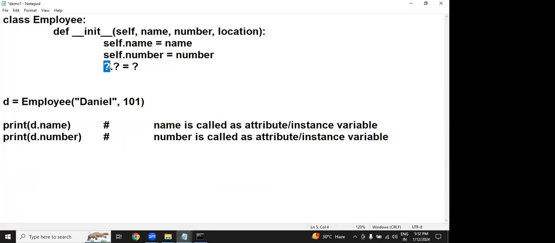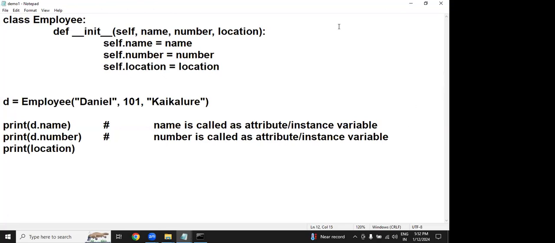Let's move on. First one is self. Next one is location. This one is nothing but a location. Perfectly all right. Now come here. What exactly do I need to write here? And this one is what exactly? Print. Can I call location directly? Who is saying yes? Then how to call it? Tell me. I hope you understand very clearly. So here